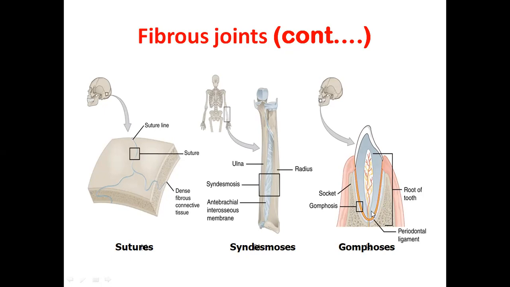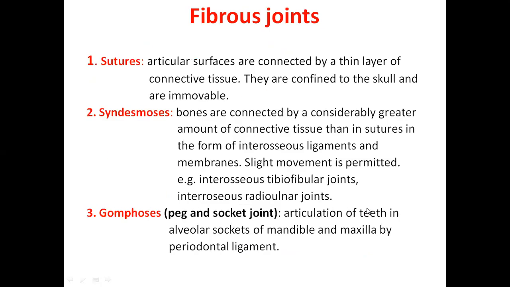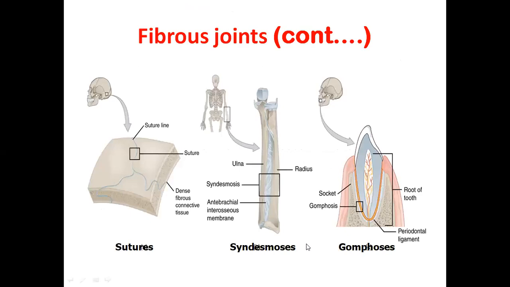inserted, and the roots are present in the mandible or the maxilla. As I told you earlier, this type is called the peg and socket joint. Articulation occurs between the tooth and the alveolar sockets of the mandible and maxilla by the periodontal ligaments. So these are the sockets